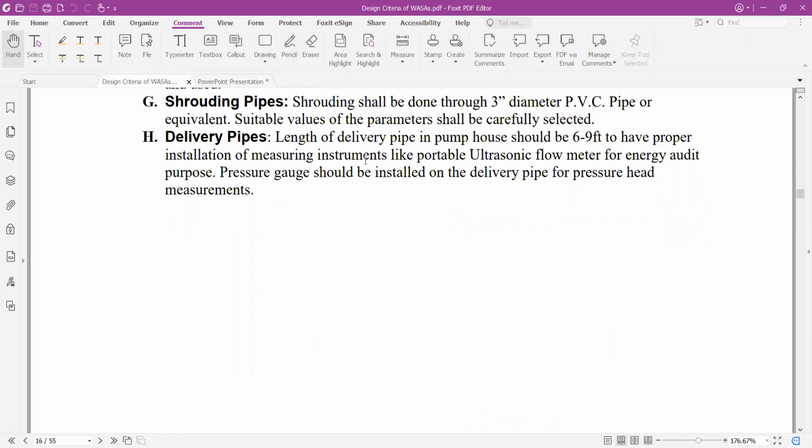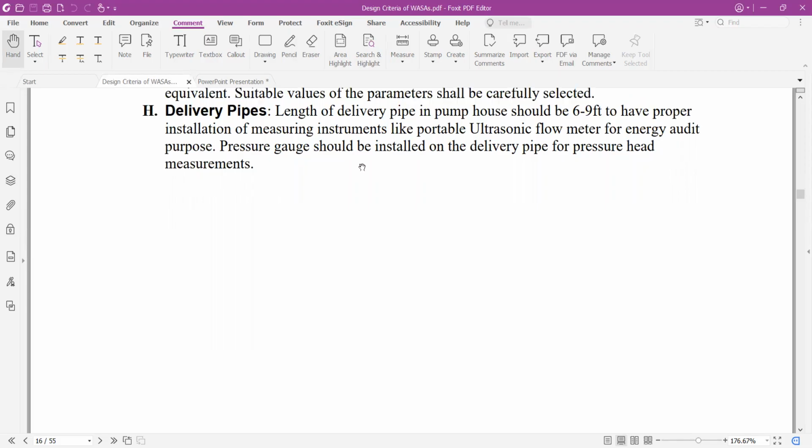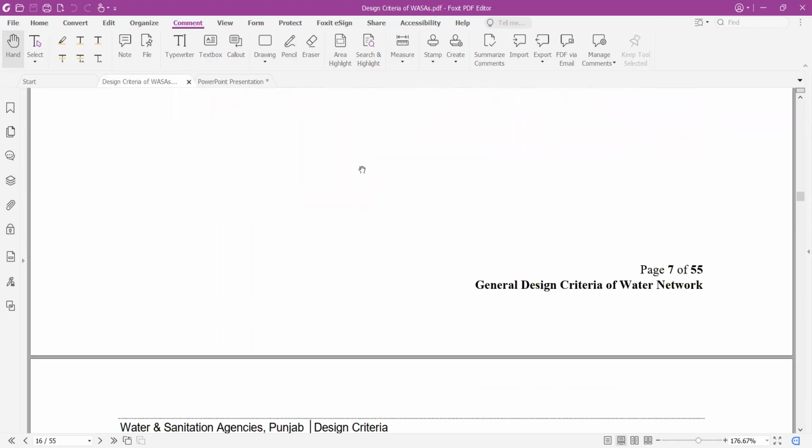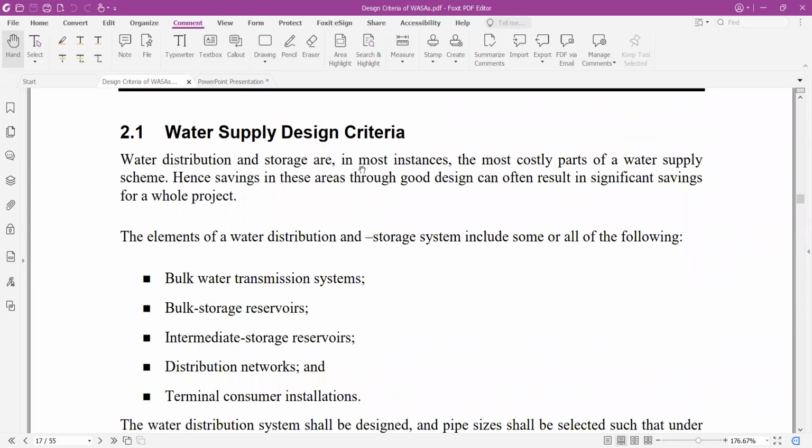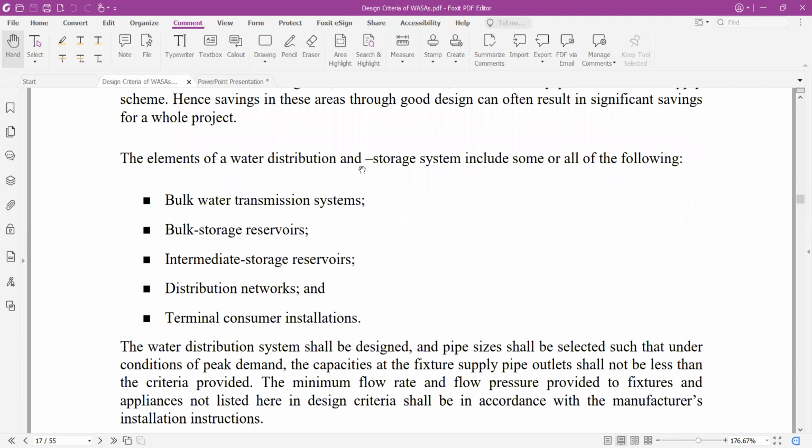A flow meter can also be installed in order to measure how much flow is flowing through that delivery pipe by measuring the pressure head. So different types of storage can also be selected depending upon the